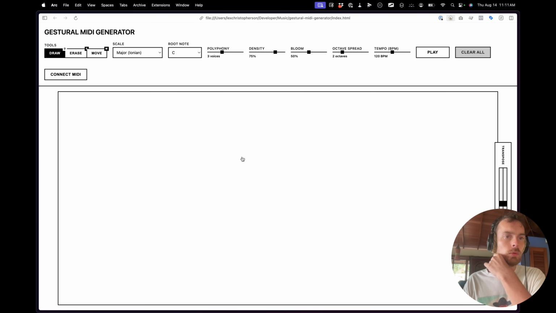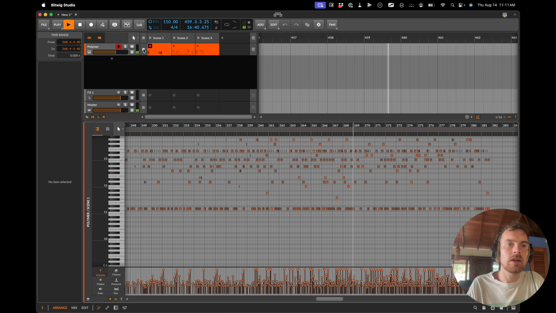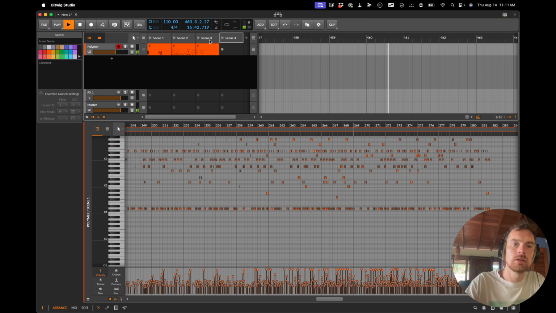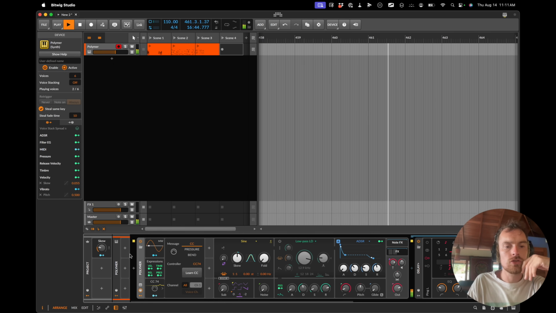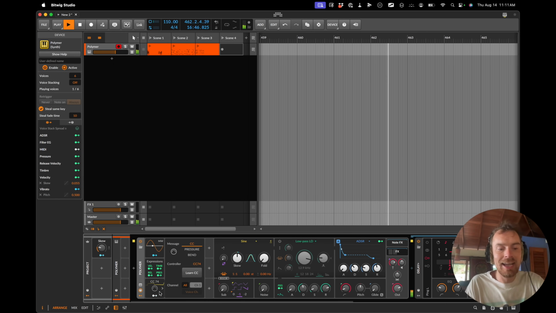Okay, so what were we going to test? We were going to test the CC values. So let's just add in one kind of little note thing going on here. This is still recording, wow. Let's have a look on our instrument. Cool! Now we have